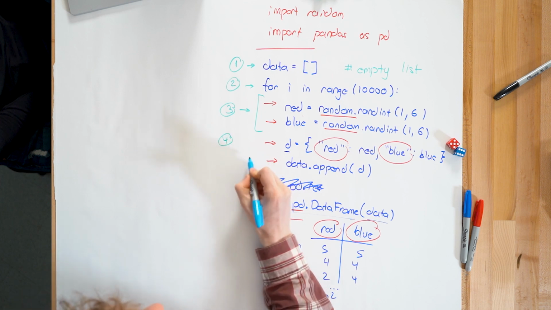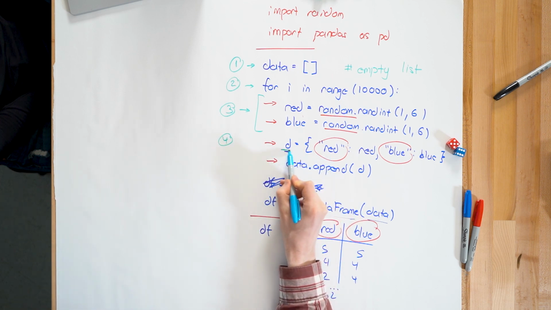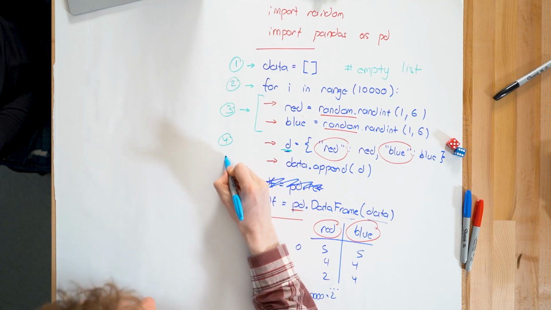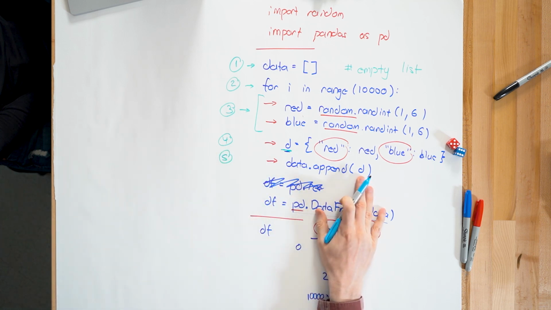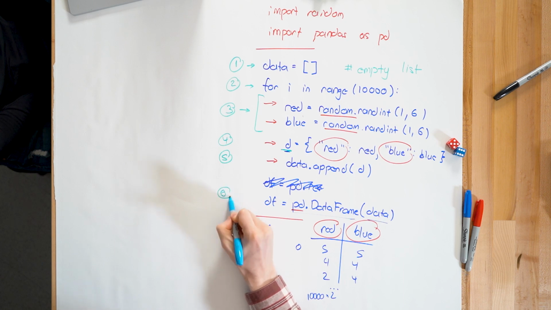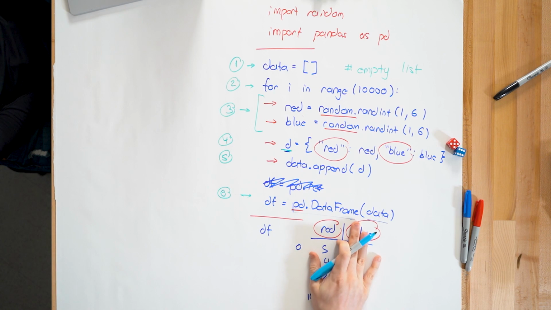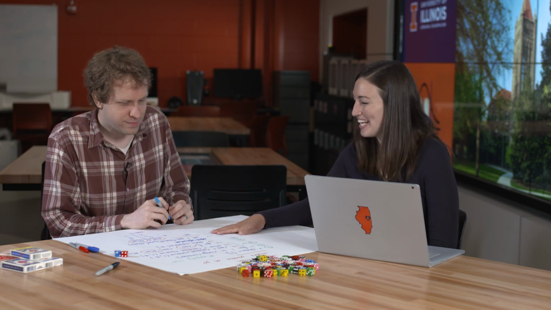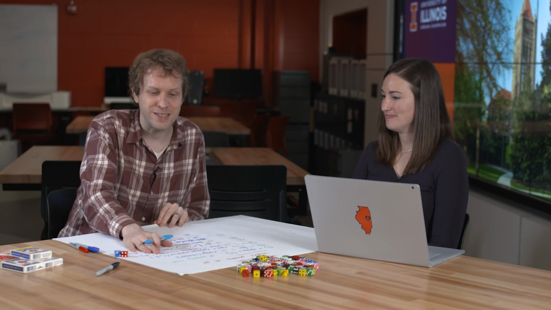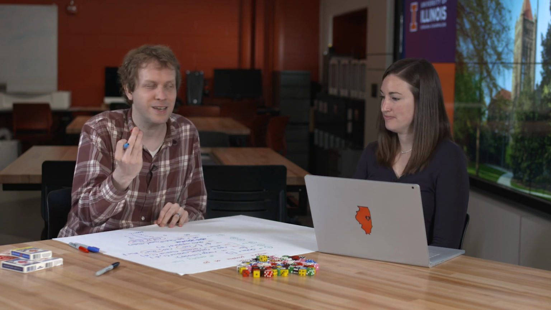The fourth step is always to accumulate all of the real world variables inside a dictionary d. The fifth step is always to append this dictionary to our data list. And then finally, the last step, which is outside of the for loop, is to convert this data to a data frame. Once we have this data frame, we have all of the tools of a data frame to do analysis on this data. Yes, that's where we can analyze the data and do different statistical techniques to see what we actually got. So we did a really simple simulation here of rolling some dice, but we're going to get complicated quick because it's so easy to write simulations if we can just identify the real world events that we need to simulate.